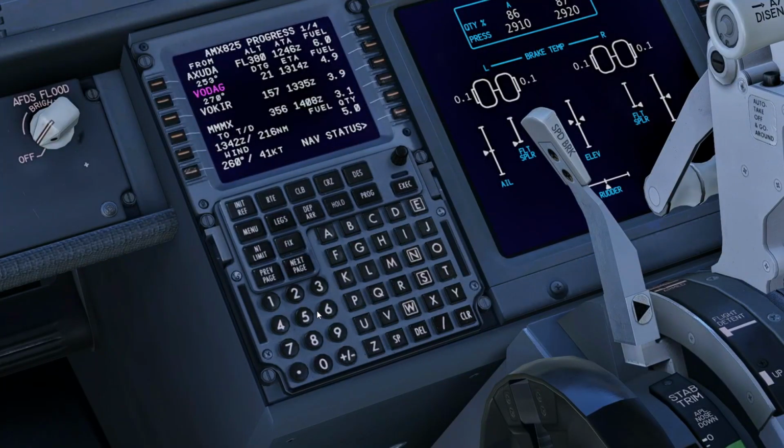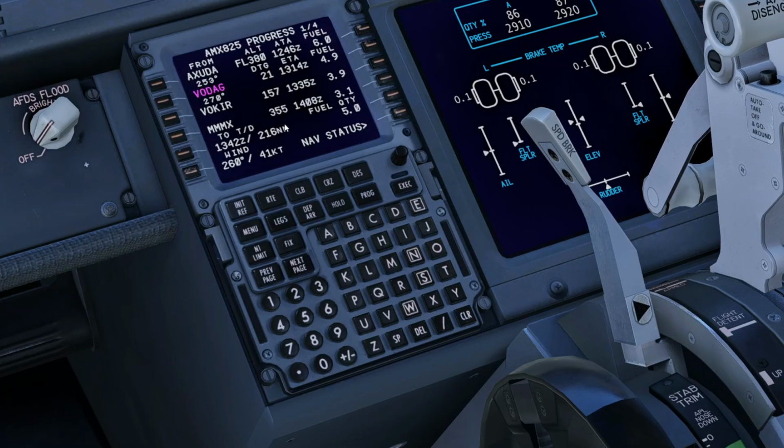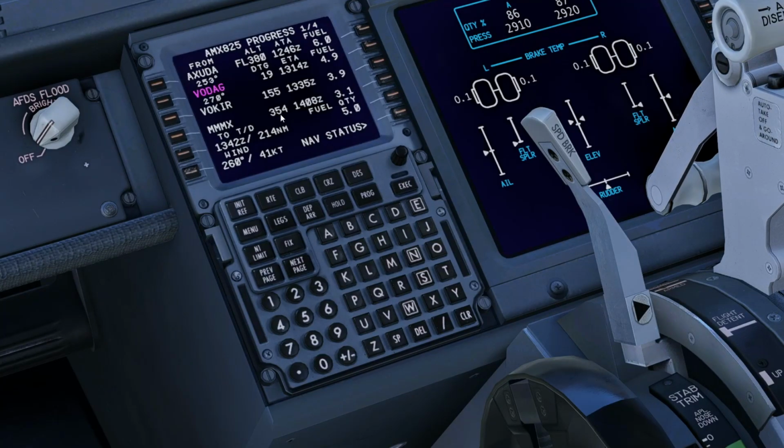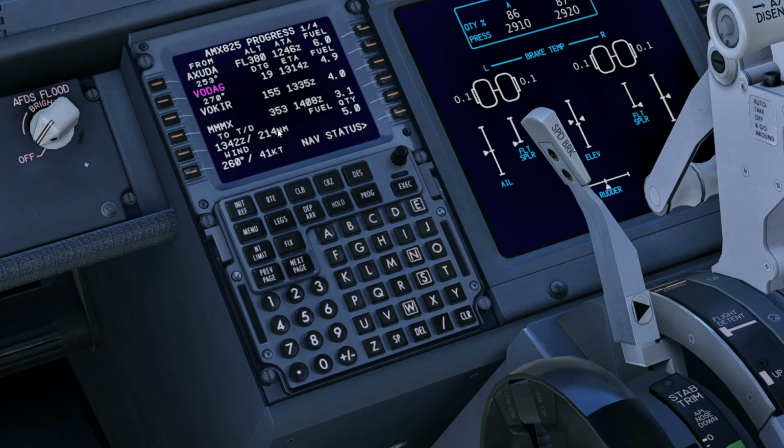So do leave yourselves time to brief and prepare for your descent. So we're sat here now in the cruise. Let's just have a look at something that I want you to consider first. So towards top of descent, 215 nautical miles, and we've got an overall track distance of 354. So let's just do one minus the other, and that means that we're going to be starting descent 130 nautical